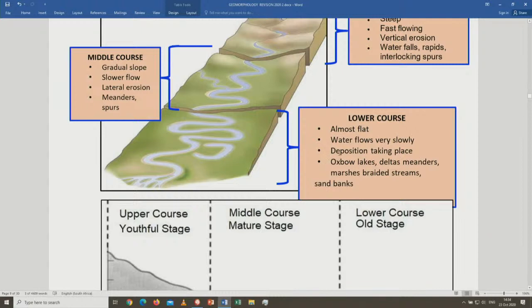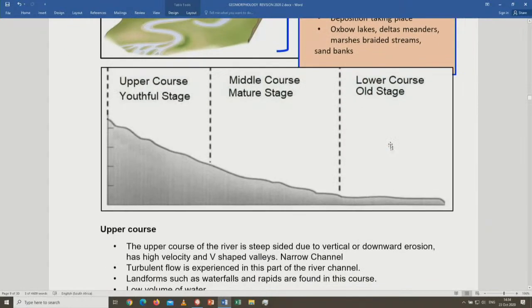And then features that are formed there: oxbow lakes, delta, meanders, and then we're also having marshes and braided streams. Sandbanks also are formed there at the lower course. If you look at the structure again here, there's an upper course, it's a youthful stage. If you look at the gradient over here, it's steep. So that means the river or the streams over there, the water will flow faster as compared to over